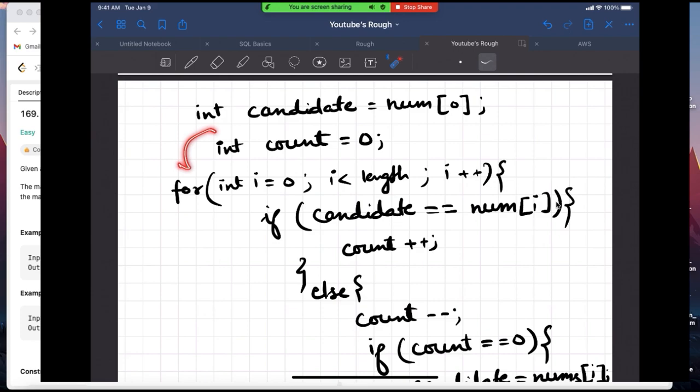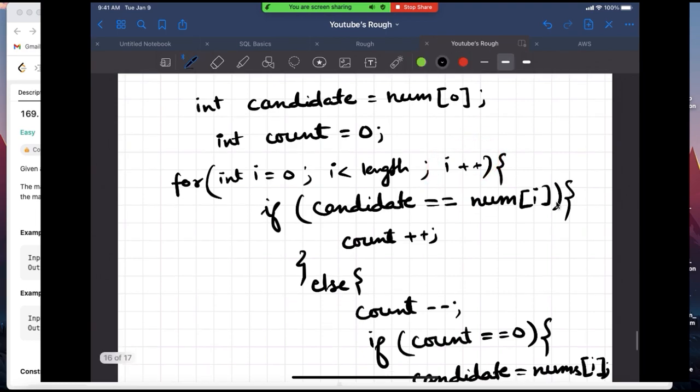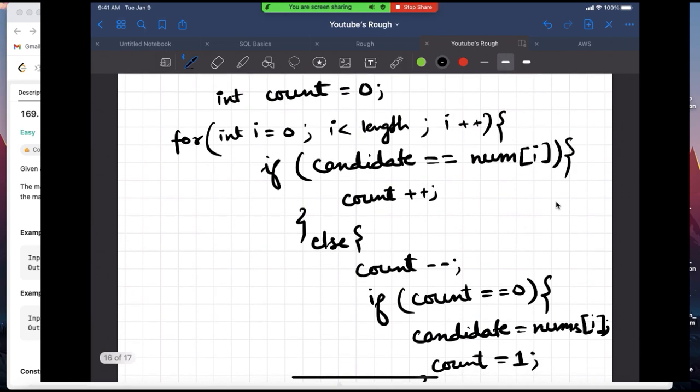After this we use a for loop where we start from 0, we go till the length of the array, till the last element, and we increment the value of i after every loop. So first of all, it checks the condition: if my candidate value is equal to the value at nums of i. If it is yes, then it will say count plus plus. It will increase the count. And if it is no, if the value of candidate is not equal to the value present in the array, then it will do count minus minus,